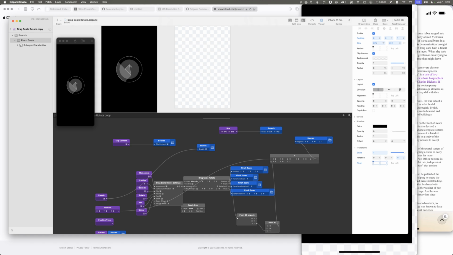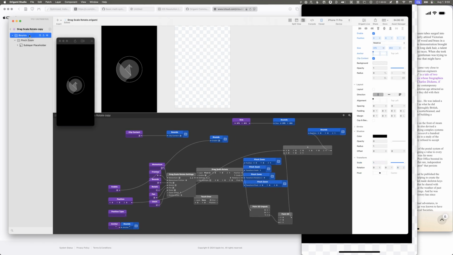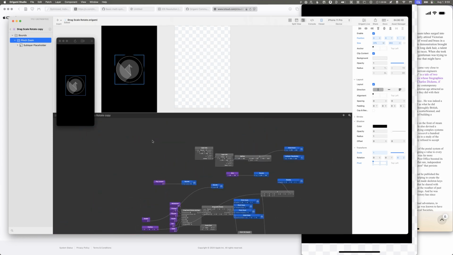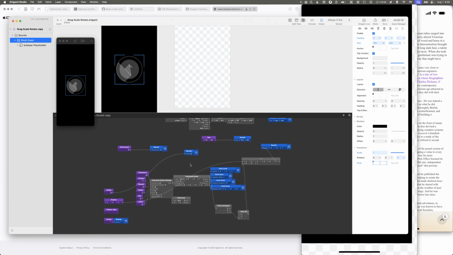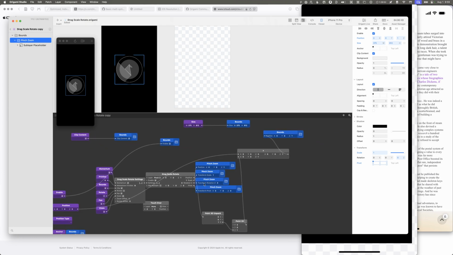There is a way to publish values to the parent. I remember this. Oh, I see. So now this stuff is just all on the root canvas. Well, that's okay, actually. Okay, so then I don't yet need to figure out how to publish things. I should probably do that at some point, but